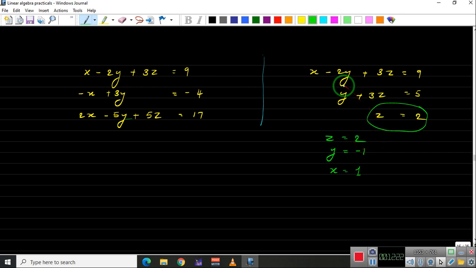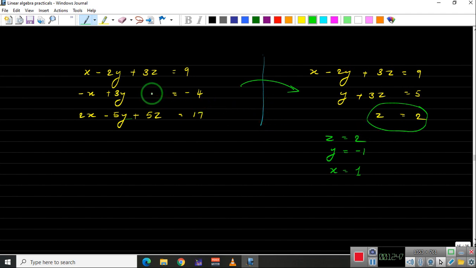We use back substitution, and there is a way to convert the first kind of system into this kind of system. The system of three equations in three unknowns can be converted into this kind of system, and if we have this kind of system, we can easily solve it and we can directly tell what is the solution of that system.